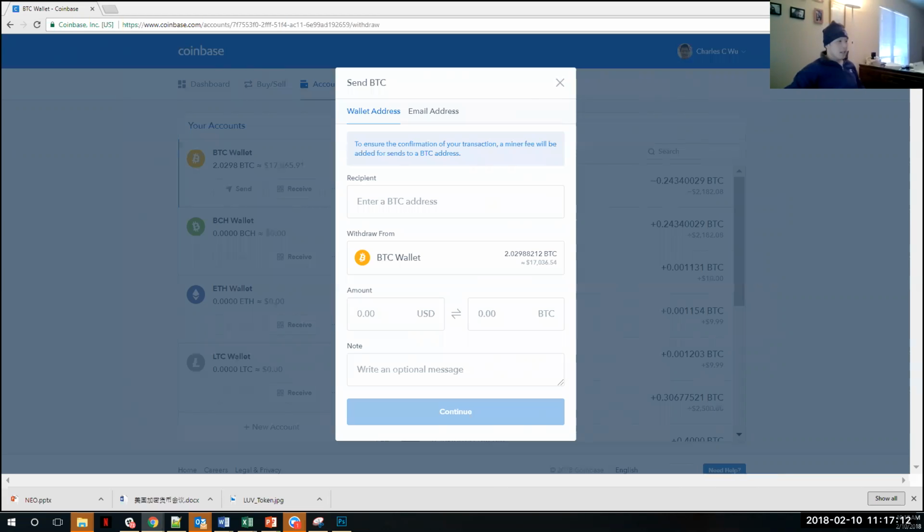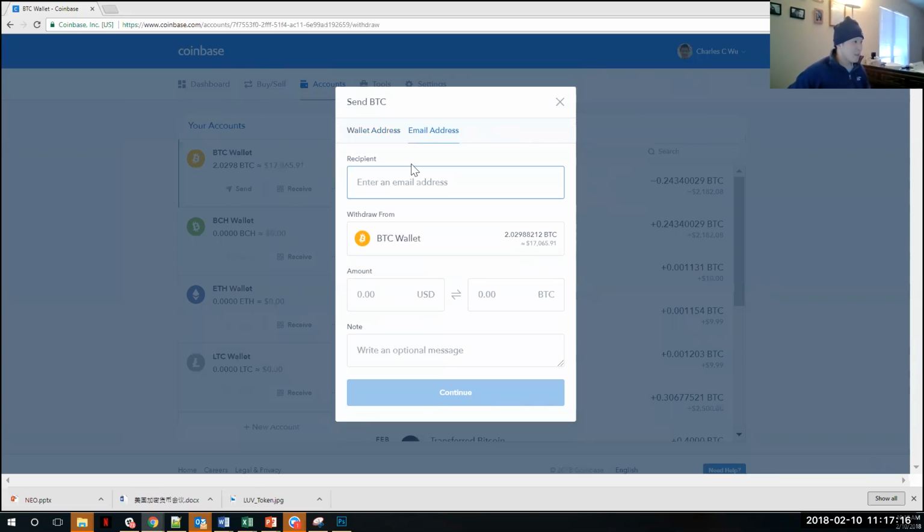So while we're waiting, there's different ways. Dr. Boyce likes to go through the email address method because it's simple and easy. I don't like it because it's the most expensive way to send it, but we'll just demonstrate it. Like in Coinbase, I can send email to a friend, j_d_rob@yahoo.com. And I'm just going to round out the number